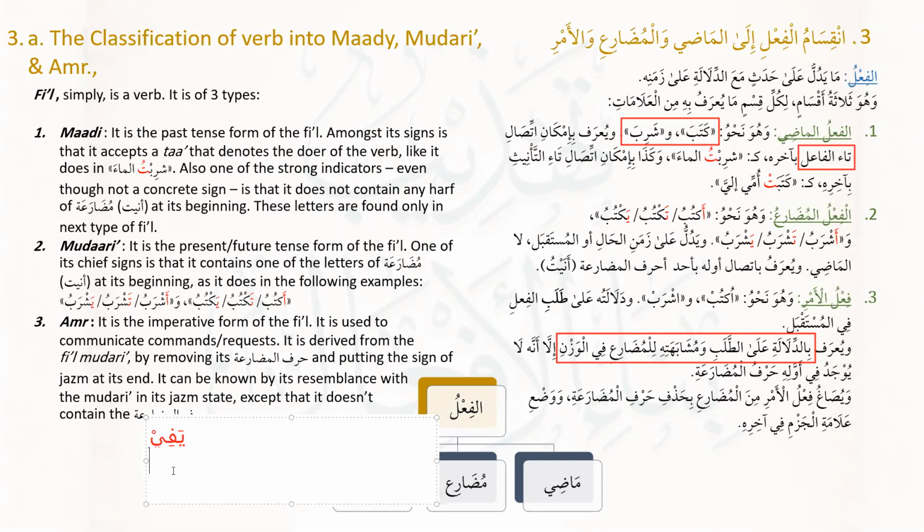What is the فعل أمر out of يفي? في, with the kasra. أحسنتم. And why? Because the alam of jazm in the فعل معتل الآخر is حذف حرف العلة. The حرف العلة, the whole of it is removed, because the ya already has a sukun, so this cannot be the alam of jazm. The alam of jazm is حذف حرف العلة. So you apply the alam of jazm, remove the حرف المضارعة, and you are left with a fa with a kasra. ممتاز جدا.